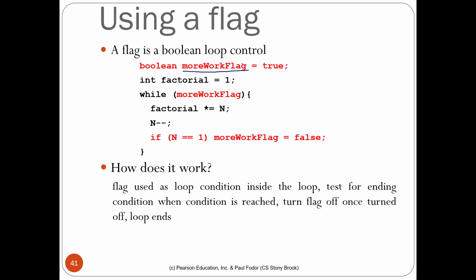The while loop is saying that as long as it says that you have to do more work, I'll keep on looping. So while moreWork flag, I will loop. And what are we doing in this loop? We are computing factorial equals factorial star n. So we will multiply by n and you are decrementing n. Now if n is equal to 1, then we'll say okay, we are done. n is equal to 1 means that we have multiplied